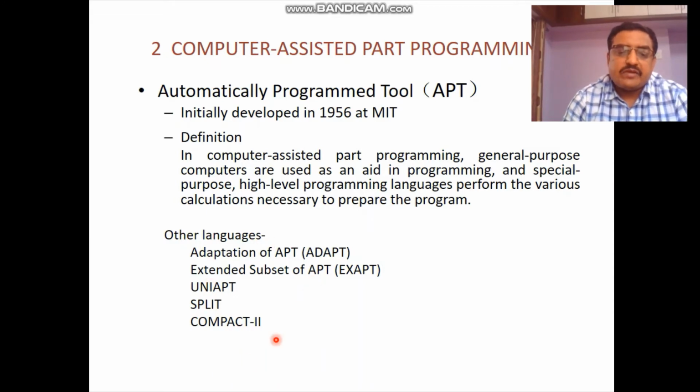By using these languages, the program is written in machine language, and that program is understood by the tool, and the tool will move automatically. This is a very old method, like C programming used in computers. That way the programming is done, called APT programming.